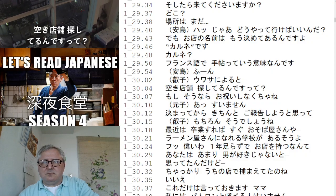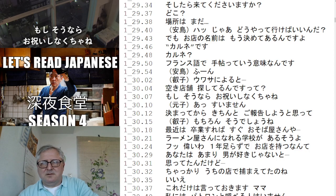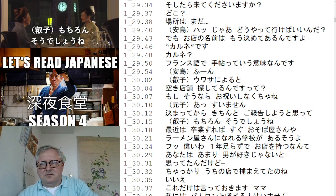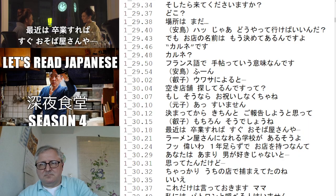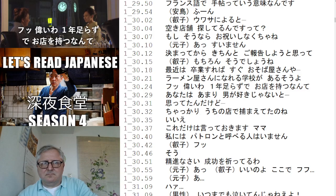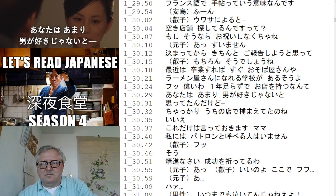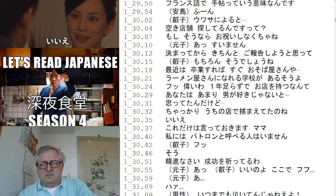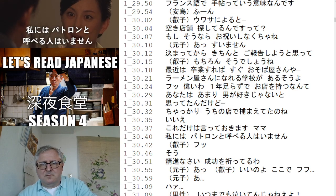噂によると空き店舗探してるんですって。 もしそうならお祝いしなくちゃね。 すいません。決まってからきちんとご報告しようと思って。 もちろんそうでしょうね。最近は卒業すればすぐお蕎麦屋さんやラーメン屋さんになれる学校があるそうよ。偉いわ。1年足らずでお店を持つなんて。あなたはあまり男が好きじゃないと思ってたんだけど、ちゃっかりうちの店で捕まえてたのね。 いいえ。これだけは言っておきます、ママ。私にはパトロンと呼べる人はいません。